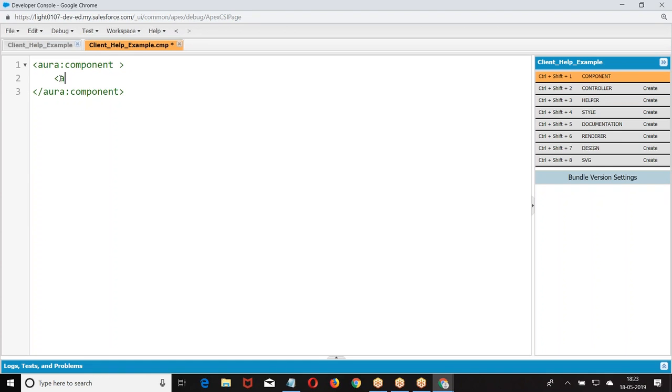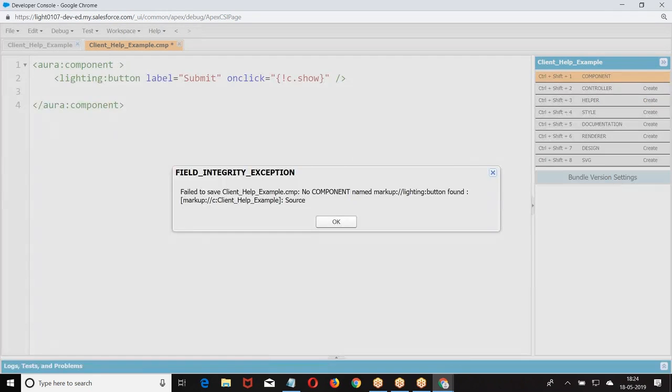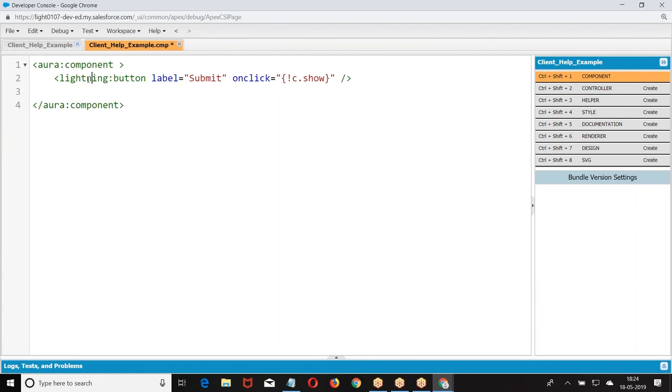Now, lightning button, label submit, on click, C dot show. I just gave the lightning component with the button C dot show.